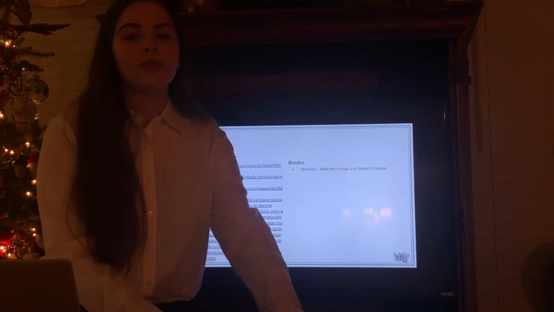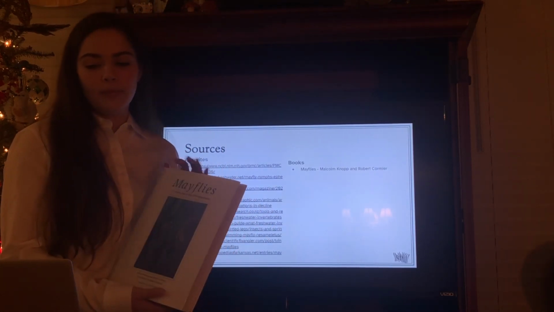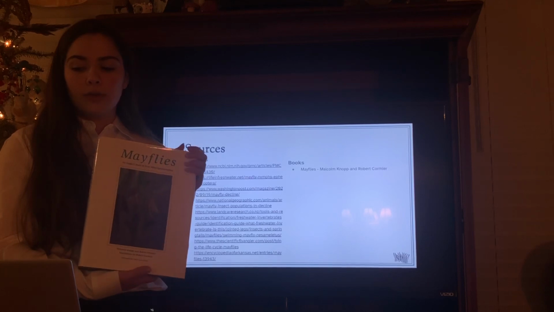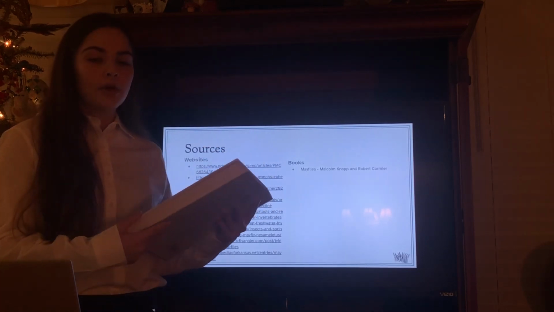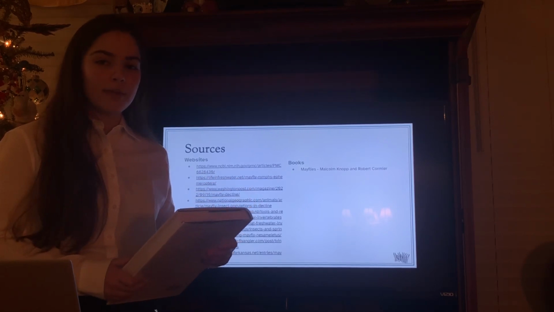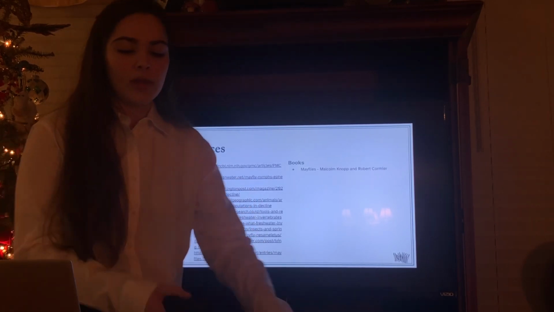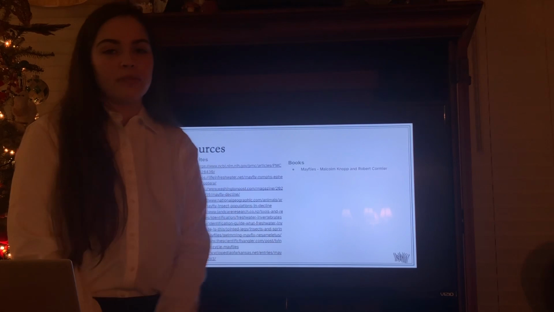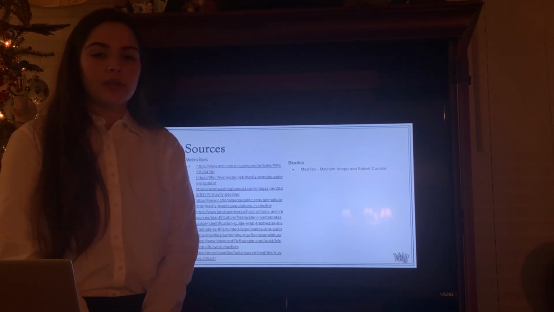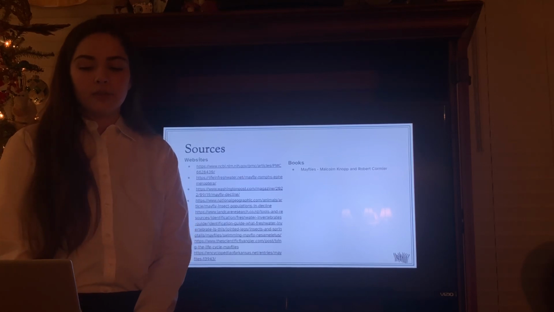Sources. A wonderful source that helped me a lot during my presentation was Mayflies by Malcolm Knopf and Robert Corminer. This book helped me a whole lot with understanding the different type of ecological impacts mayflies have, as well as their different types of nymphs. A lot of different website sources were used for this presentation, such as National Geographic, Life and Freshwater, and the